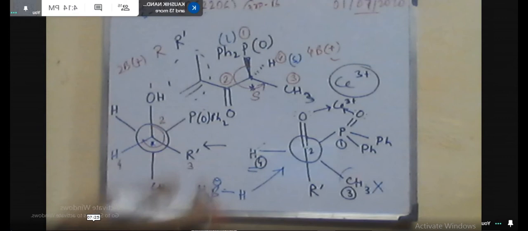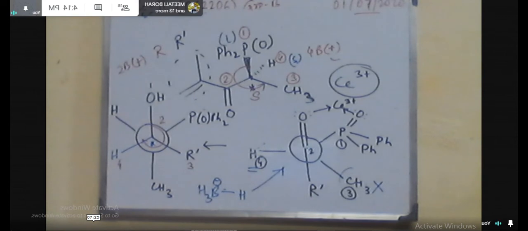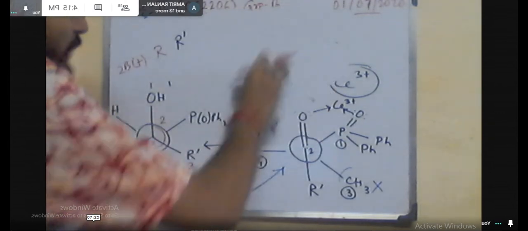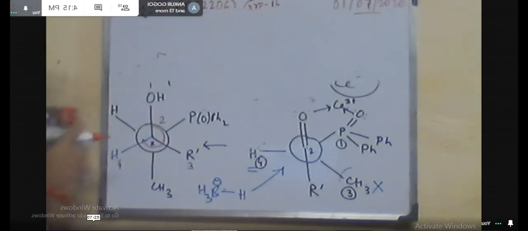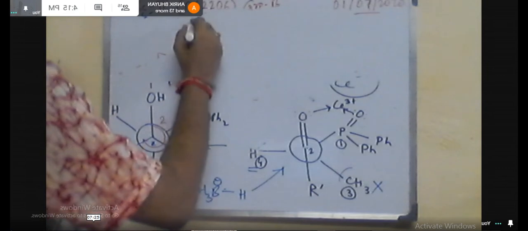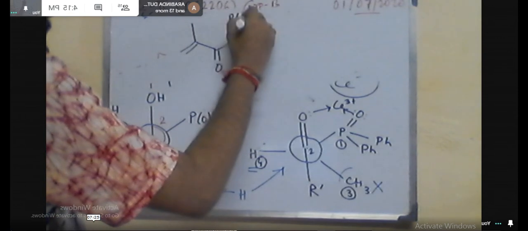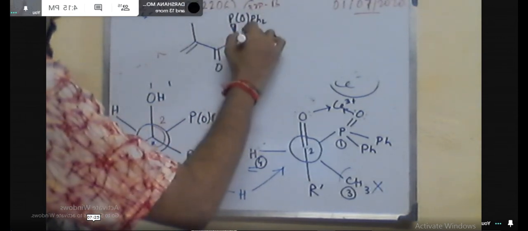So if this is R, you have to keep the fourth group here and the first group here, because we know 1b minus, and if the rotation of the rest of 3 groups is minus, then you will get plus. So hydrogen will be on the front side and the OH group will be on the backward side. In the earlier case, you got the structure where the OH group is on the front side and hydrogen is on the backward side. So this is the difference.